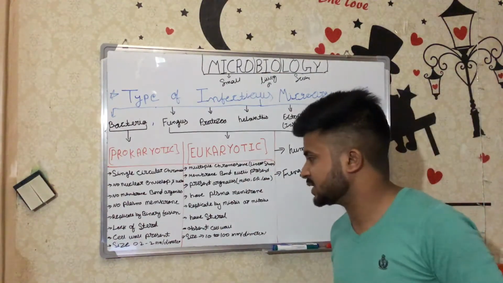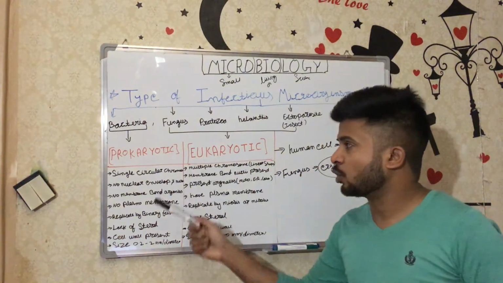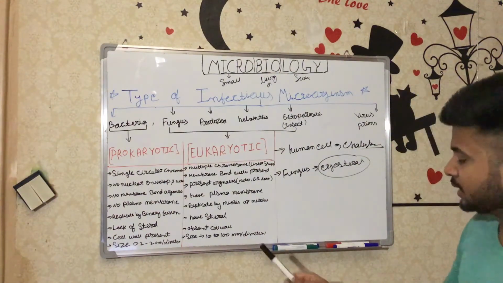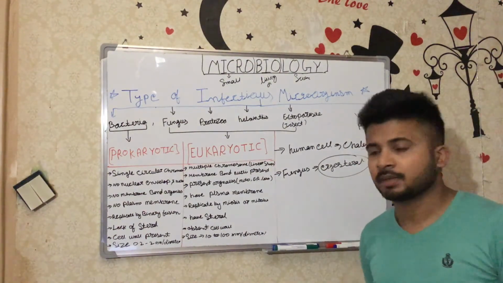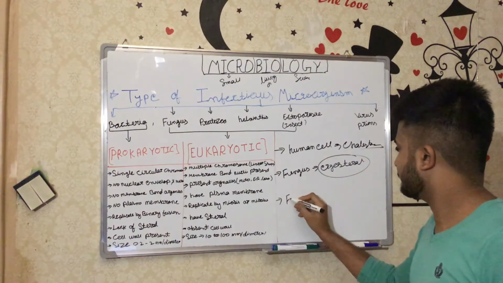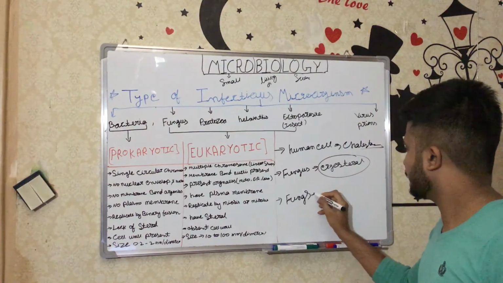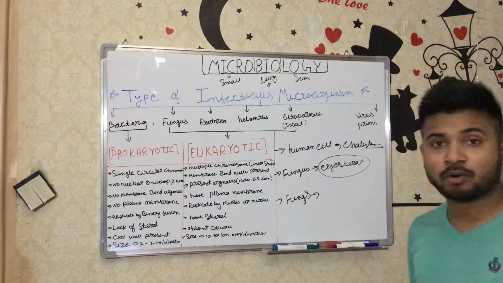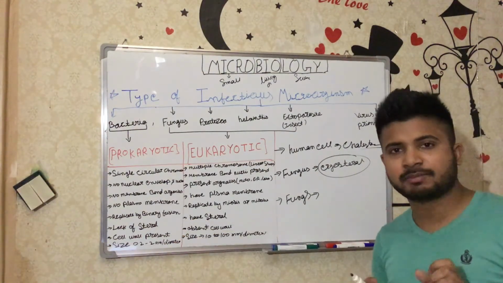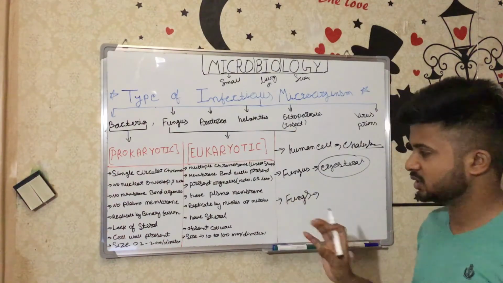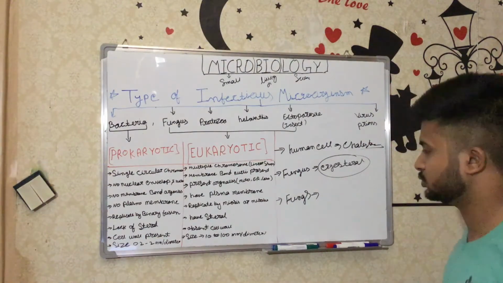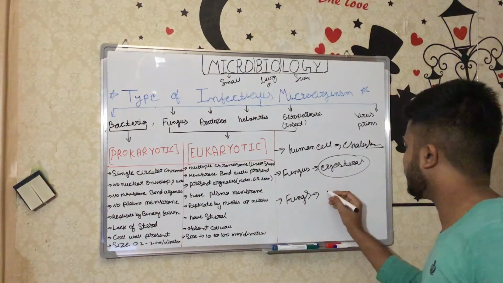The next one: cell wall. In prokaryotes, that is the bacteria, bacteria have a cell wall, but eukaryotic cells don't have any cell wall, except fungus. Fungus has a cell wall, but it is not made of peptidoglycan. The bacterial cell wall is made of peptidoglycan. We will discuss the details of the bacterial cell wall later; right now I'm discussing it very briefly because this is the introduction to microbiology. In a fungus, the cell wall is made of chitin,